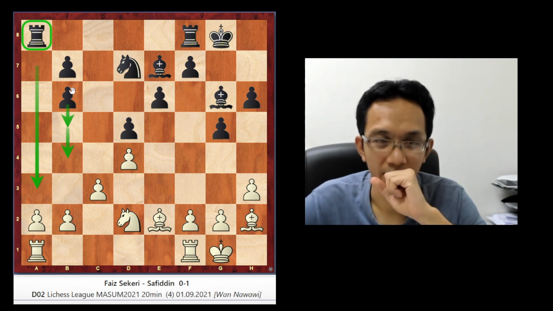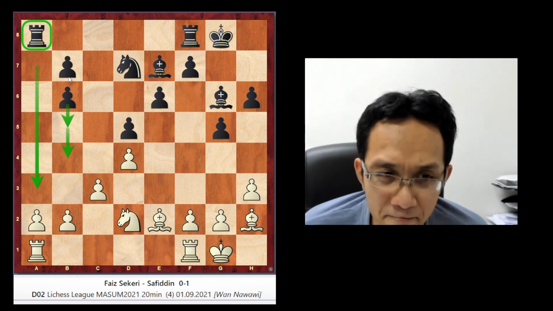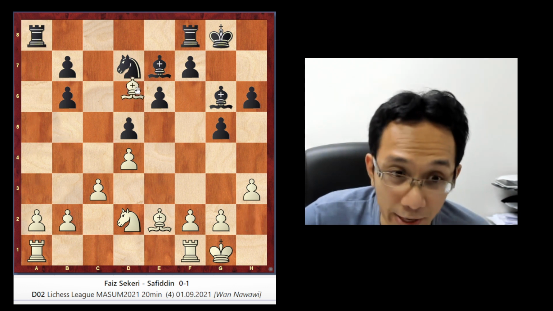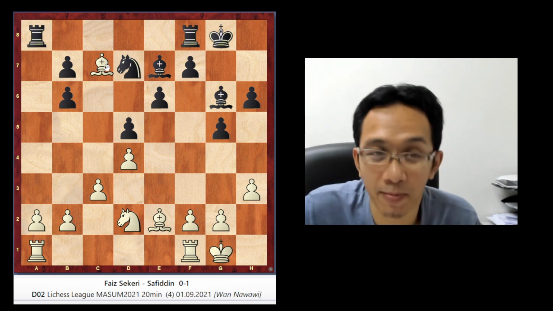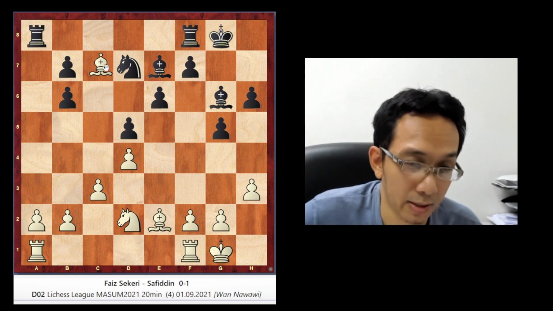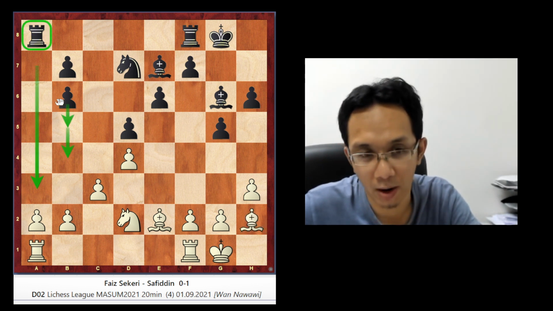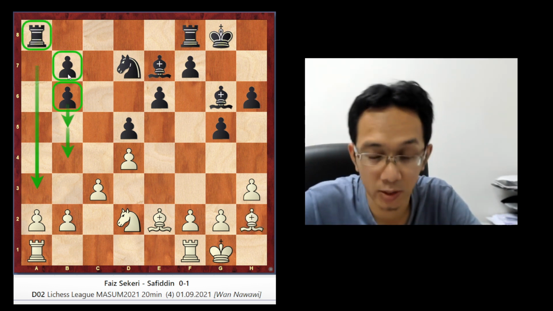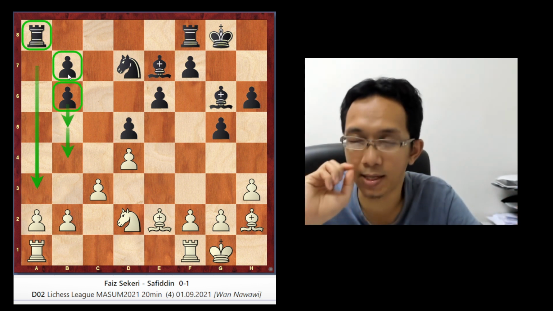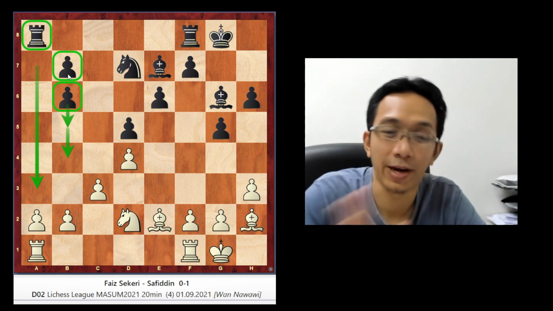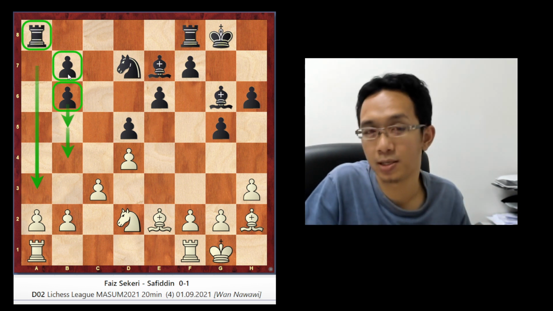Okay, good question. In order to attack that, one way is to play this, but of course this is the blunder that most people make. Faiz has to be asked about that. You cannot just attack, because even though the double pawn is generally a weak pawn, remember one thing: a weakness is only a weakness if you can attack it.